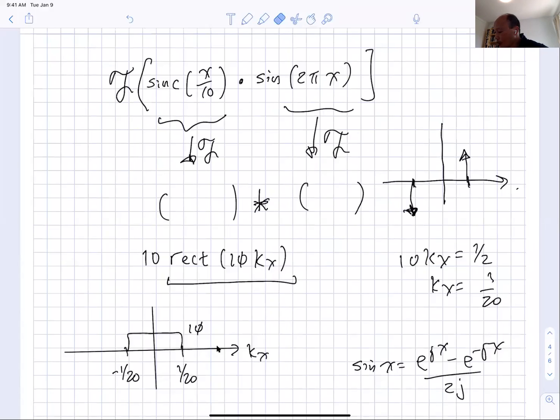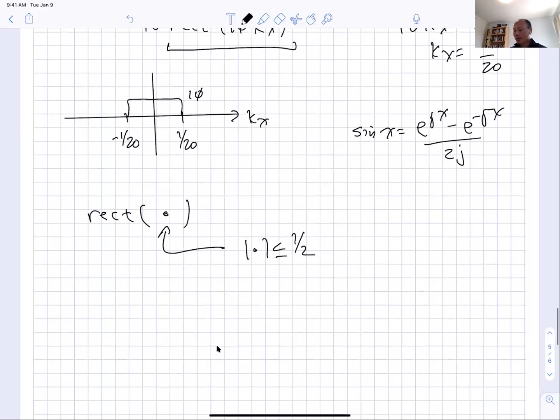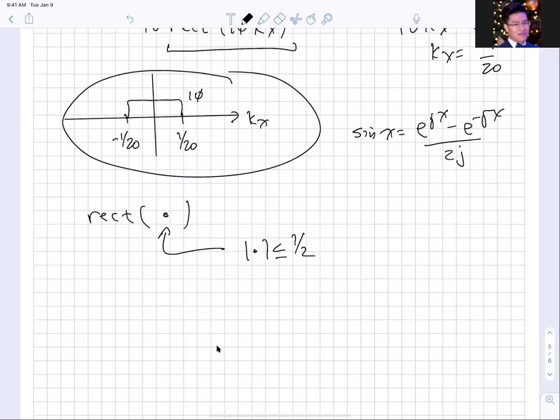So what's the frequency of this delta function? Where is it located? It's 1 and minus 1. Yes, 1 and minus 1. Okay, that's good, because sine 2 pi x is equal to 2 pi kx x, where kx is just equal to 1. So now you have this thing here, and you have to convolve it with